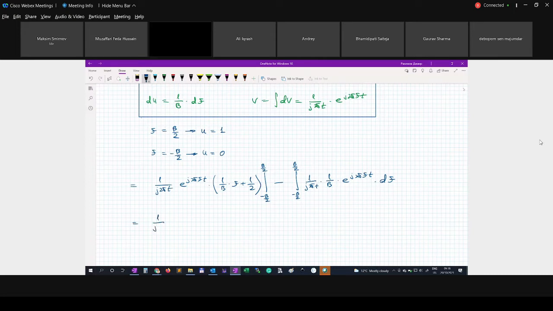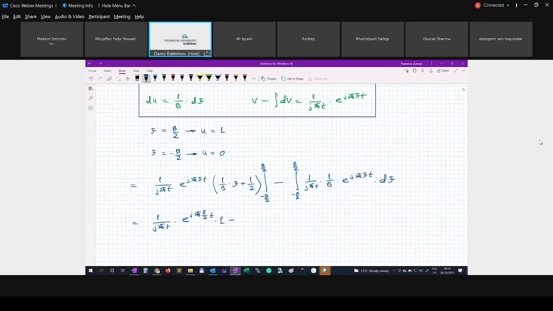One over j 2 pi t times exponential function j 2 pi b over 2t, and then we have times 1 minus, and when we substitute minus b over 2, we will get 0, because inside this parenthesis we will have minus 1 over 2 plus 1 over 2, and it will be equal to 0. Just don't write anything. And then we have second part, 1 over j 2 pi